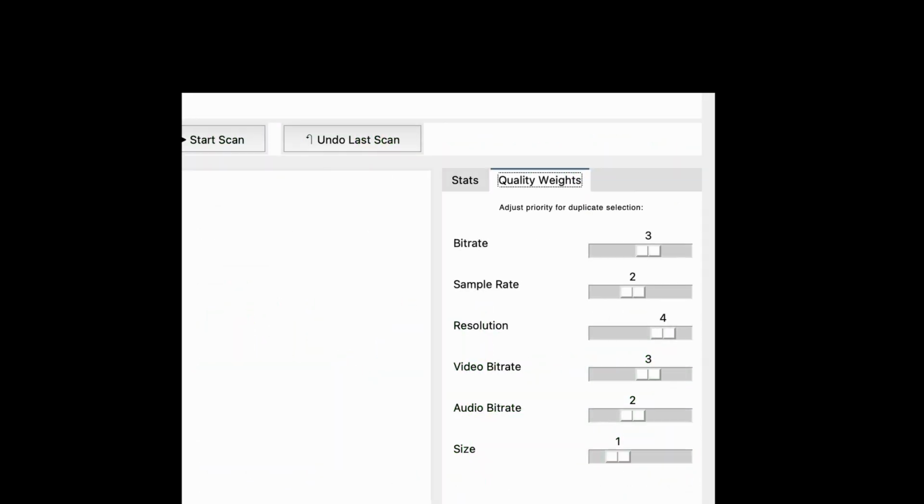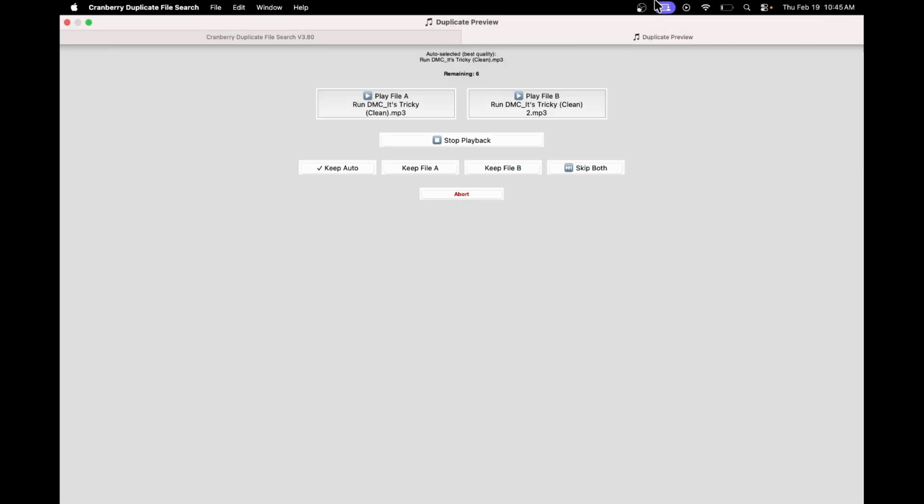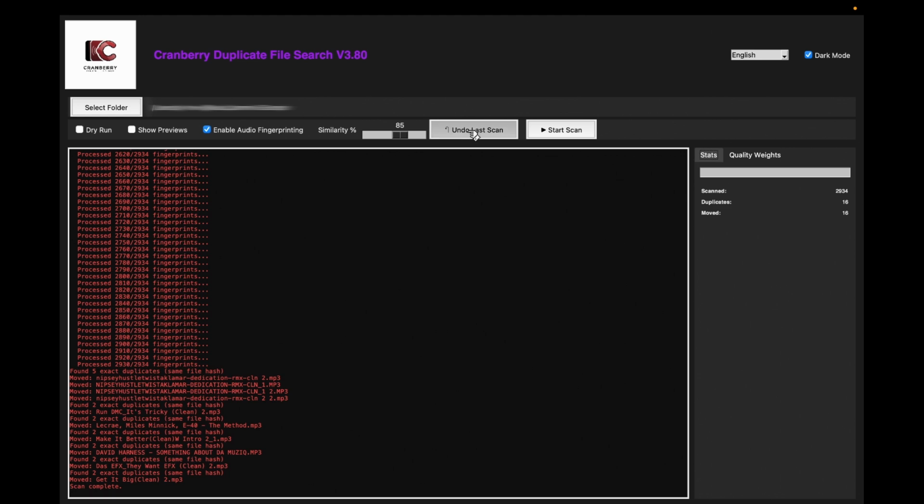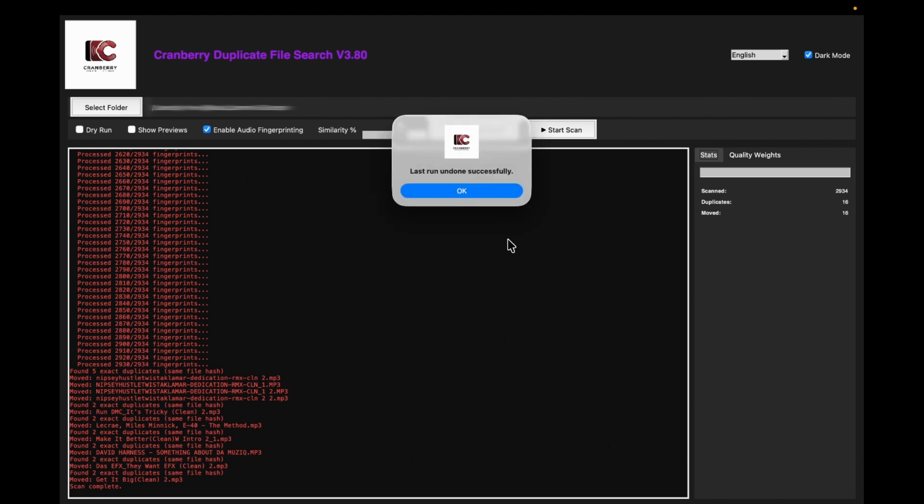Other features include setting the sensitivity of bitrate, frame rate, and more for your level of scanning confidence. Then, once the duplicate files are found, you can preview the results or skip to auto mode and let Cranberry handle the rest. There is an abort button on the scan portion and preview portion to keep your confidence in our software. And if you're unhappy with the results, simply undo the last scan, and everything goes right back to